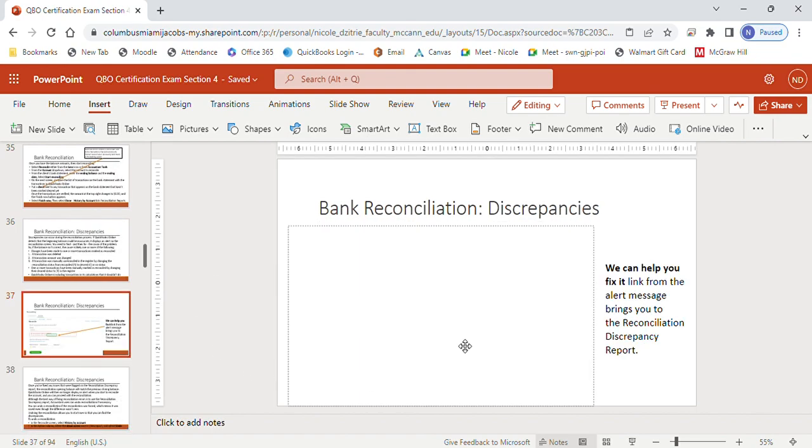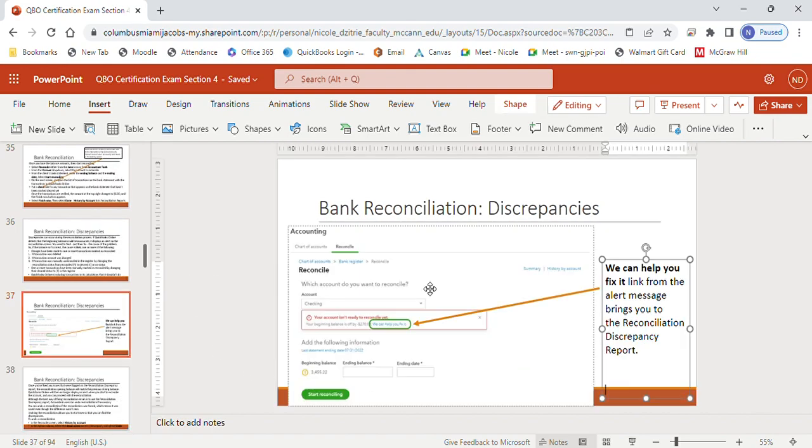Oh, it's taking a second to come up. So this is what it looks like when it comes up. It says your account isn't ready to reconcile yet. But then there's this little blue link here and it says, we can help you fix it. So if you click on that link, that will bring you to the